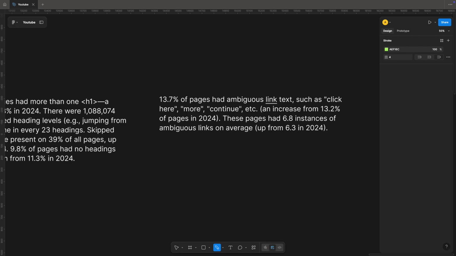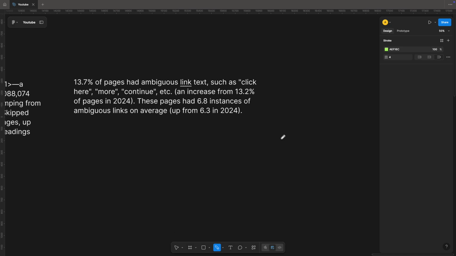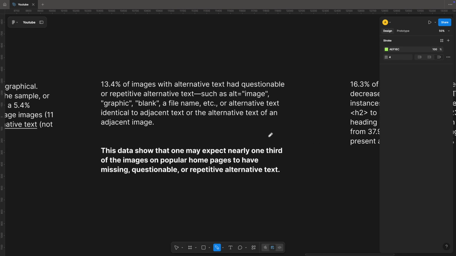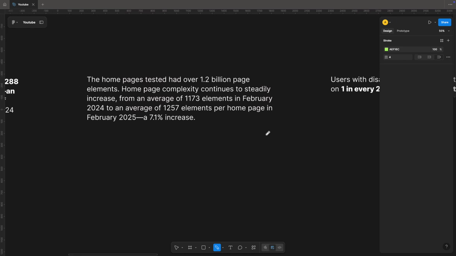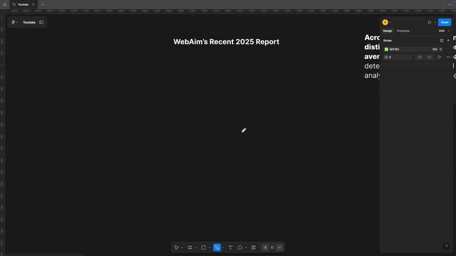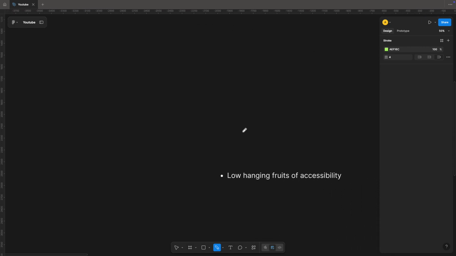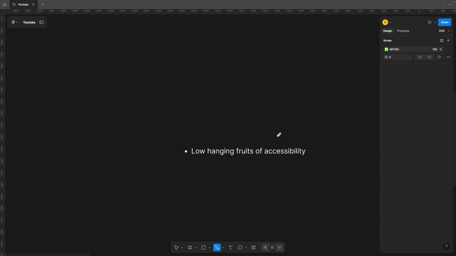Okay, so when I read all these facts, it comes to my mind that these are low hanging fruits of accessibility. And currently in the digital space, these still remain an issue despite years of advocacy, guidelines, and even regulations. So most of these errors can be